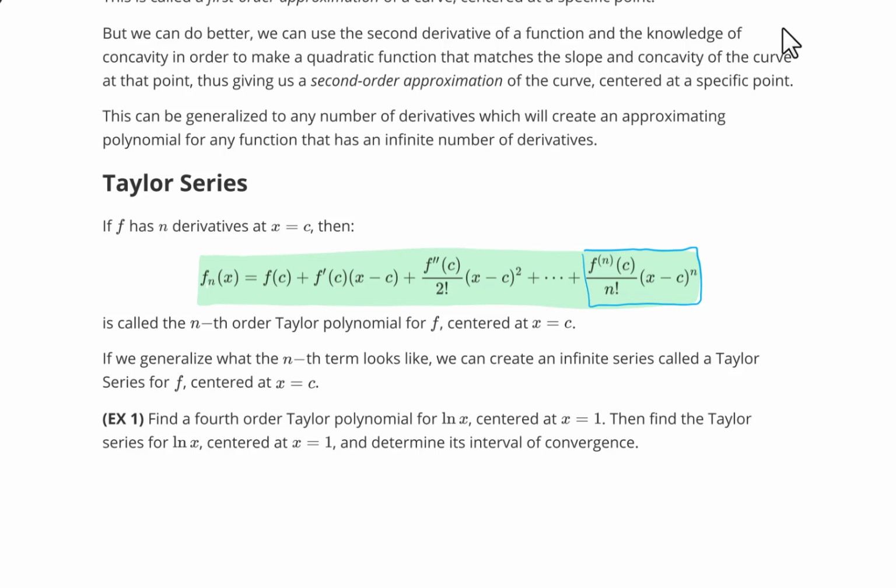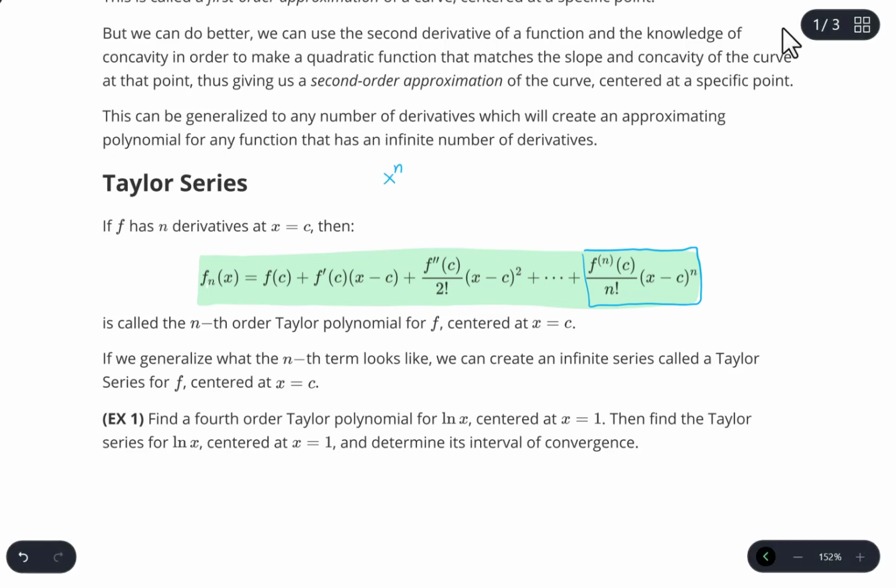I'll just say it as the nth derivative of f. We're just getting increasing derivatives at that point. So first derivative, second derivative, third derivative, and so forth, and then evaluating at that particular point. The n factorial might be surprising, but what is happening there is, like, if you have